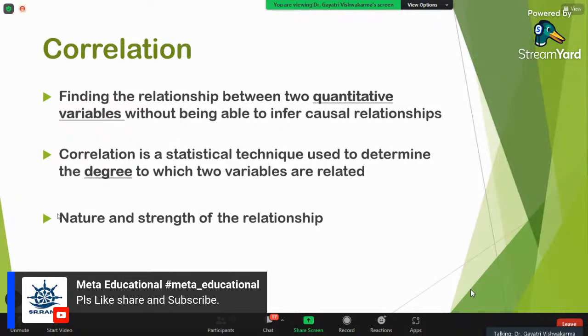So nature means positive or negative, and strength means the degree to which they are strongly related, or whether a very weak relationship exists. These two things we find from correlation, and it is only descriptive: whether two variables are strongly or weakly associated, and positively or negatively associated. But if you want to find out that because of this, that is happening, then you have to apply the regression technique.